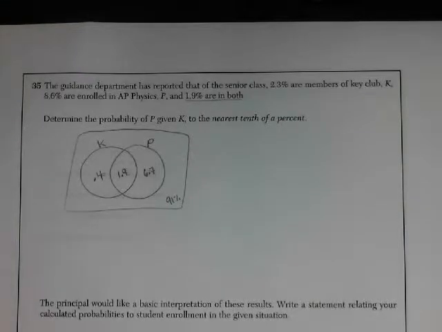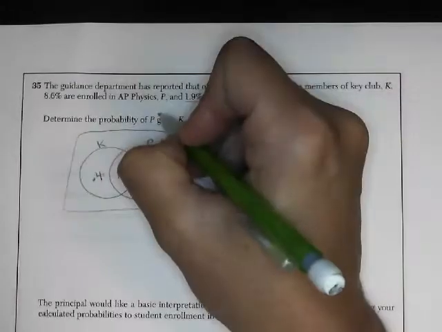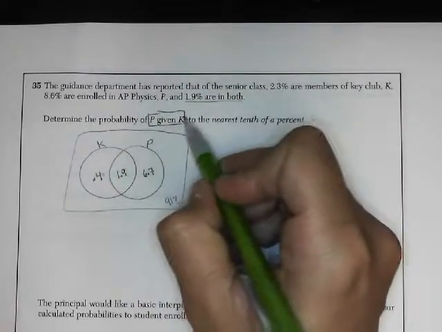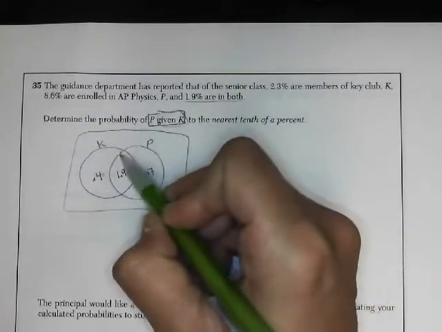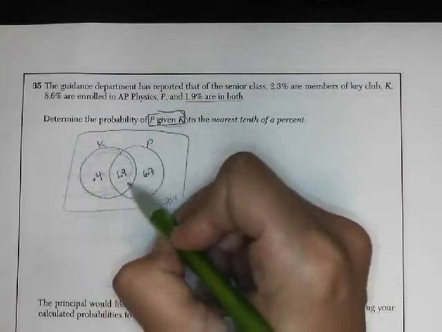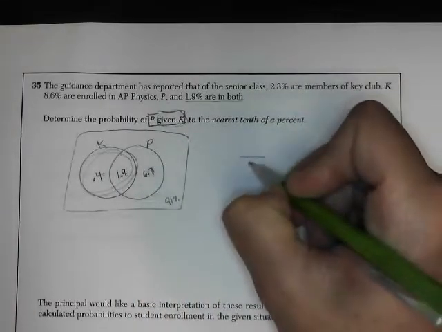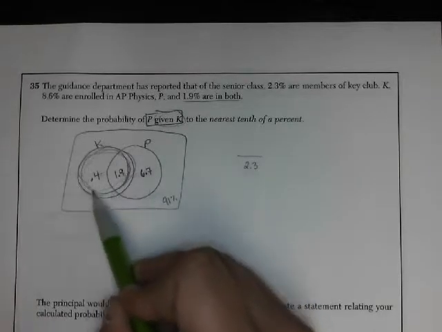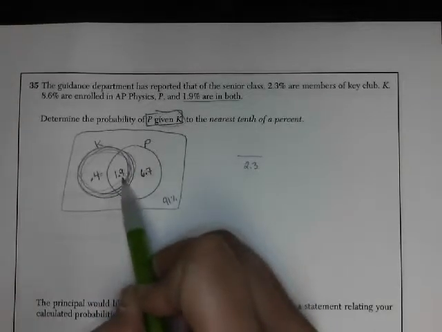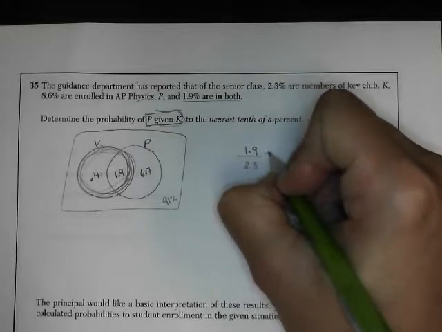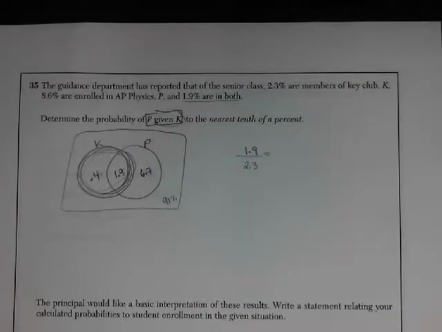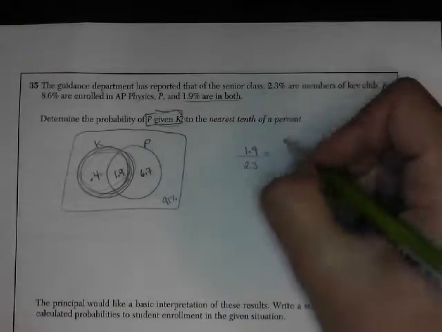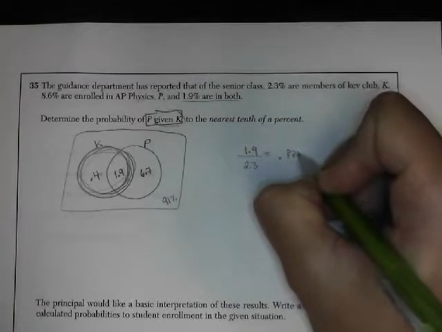But anyway, determine the probability of P given K. So P given K is telling me I should only be looking at the K circle. So out of those 2.3, what's the probability that any of these people also do P? And that would be 1.9. So 1.9 divided by 2.3 is going to give me my probability of